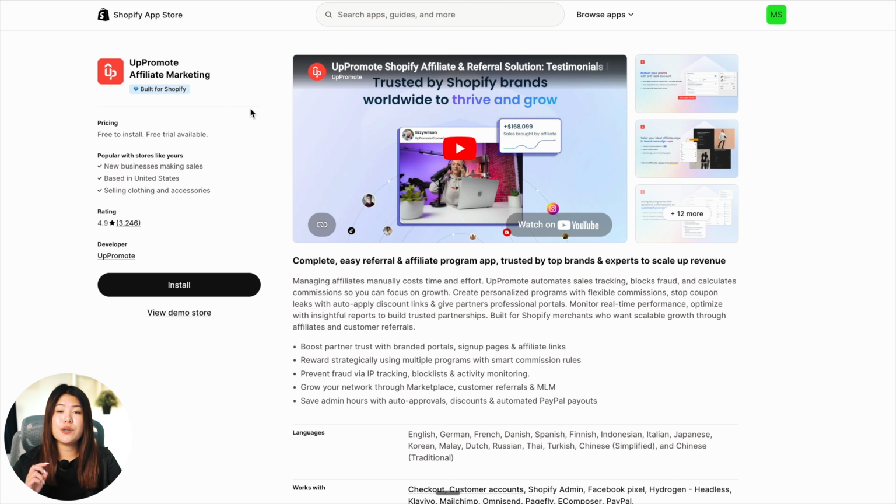You can track who's bringing in sales, adjust commissions, and see what's actually performing. So over time, you're not just trying different marketing ideas, you're building something that's a bit more consistent. And this is usually the point where stores start to feel less dependent on doing everything themselves. So if you feel like you're the only one pushing your store right now, this is a really natural next